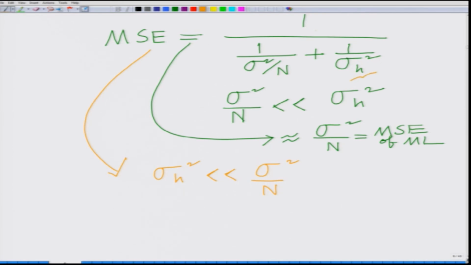So, MSE is approximately simply equal to 1 over 1 over sigma h square, which is equal to sigma h square. And this is also intuitive, because what this means is basically the ML variance is much smaller and the prior variance is larger. It means that the ML estimate is very accurate. So, you can simply look at the ML estimate, and in this scenario